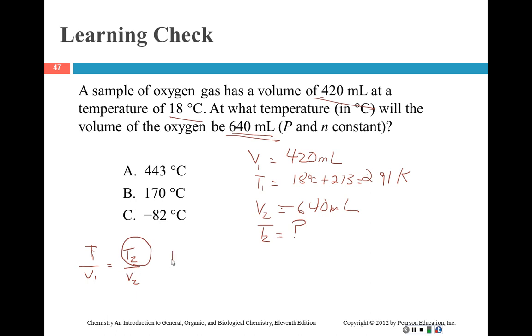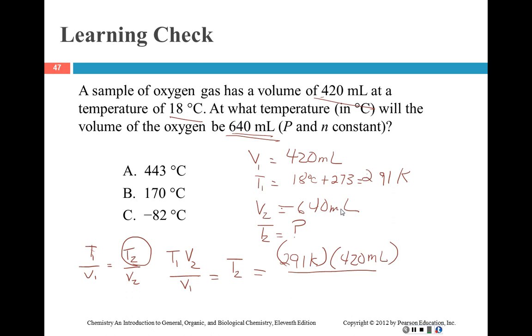So T1 times V2 divided by V1 equals T2. And then it's just a matter of putting them in. That's why I always do all my conversions over here. So T2 equals T1, which was 291, times 420 milliliters